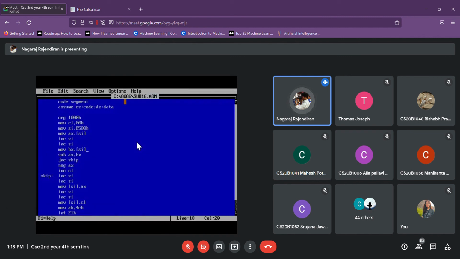So this is my 16-bit subtraction. I am getting first data here. After two increments, I am getting second data here. I am performing subtraction, a 16-bit subtraction. If there is borrow, I am skipping from here to here. If there is no borrow, J and C means there are two categories, right? Subtracting a higher number with a lower number means,